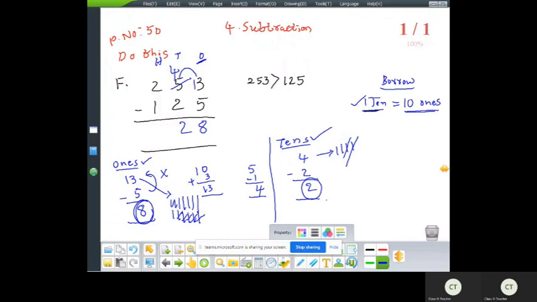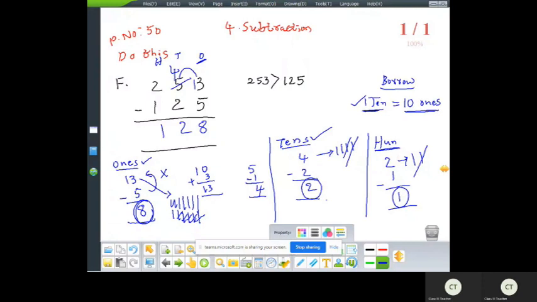Now finally subtracting on 100. In the 100's place, the digits are 2 and 1. 2 minus 1. Here, we subtract the smaller number from the bigger number, so subtraction exists. 2 minus 1: from 2 we cut only one line. After cutting one line, there is only one line left. 2 minus 1 is 1. This answer 1, write in the 100's place.